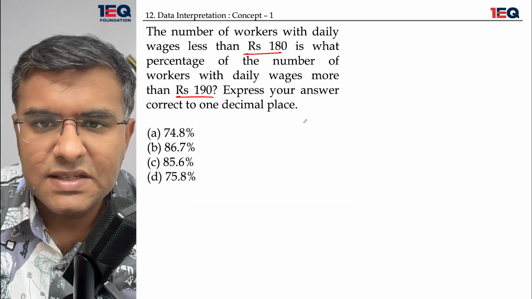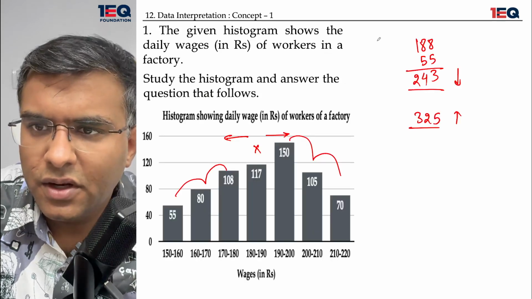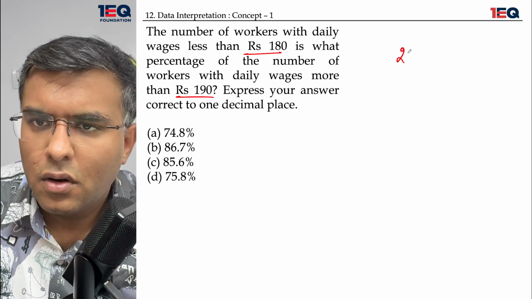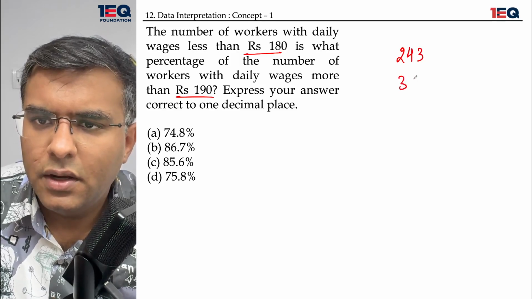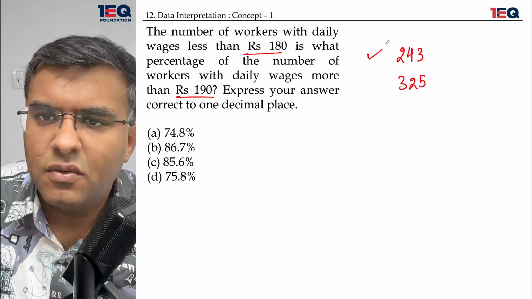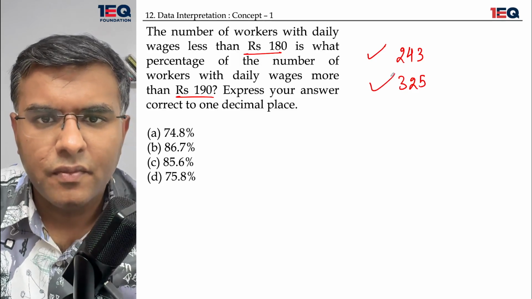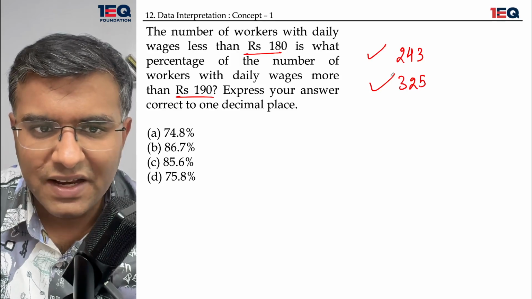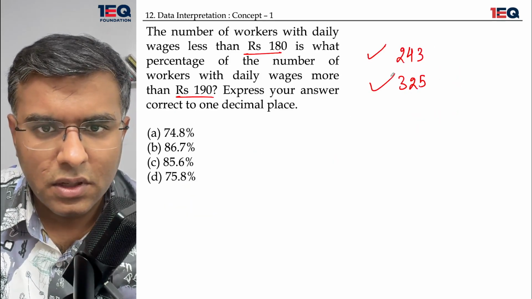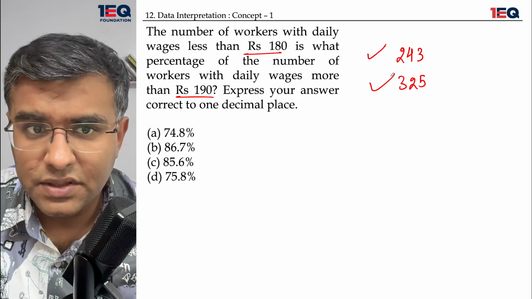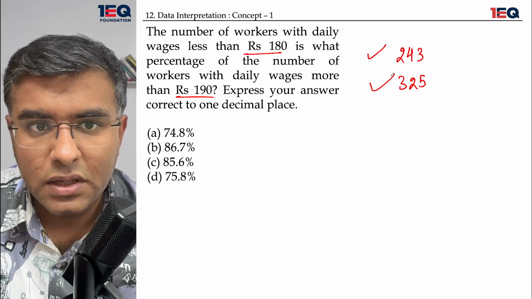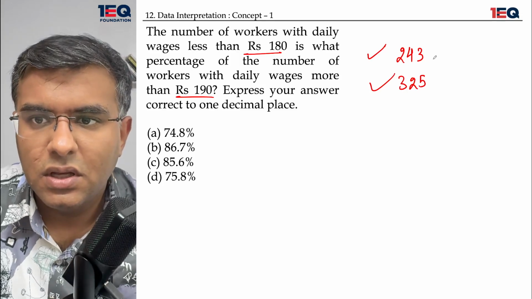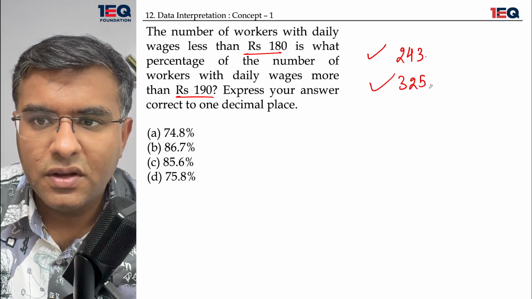Now, the question said, I'll bring it here. 243 is here, 325 is here. What is the percentage of the number of workers with daily wages more than 190? The number of workers is what percentage? So I have to check 243 is what percentage of